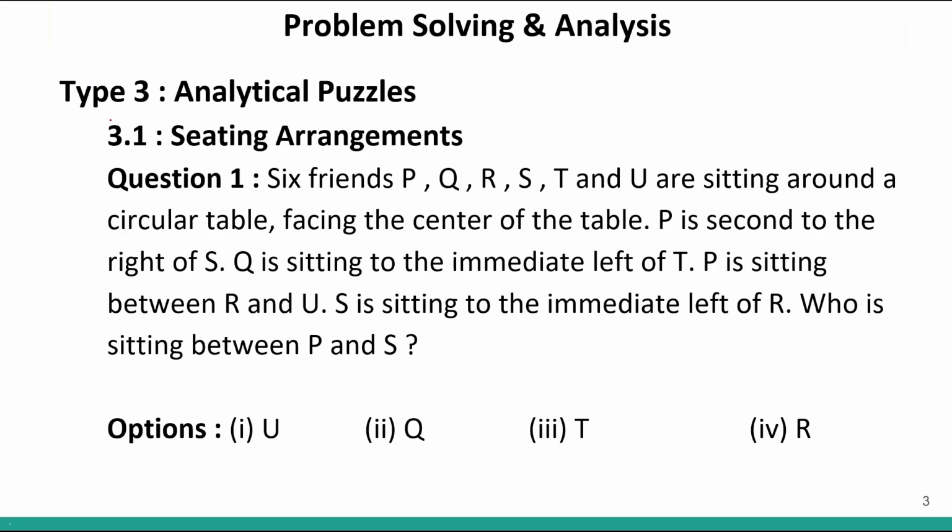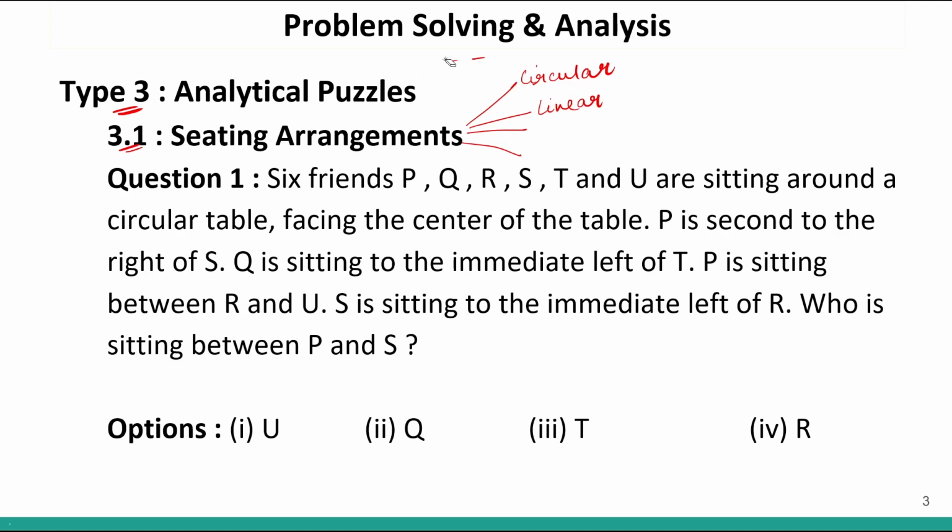Okay. So let us start with type 3, subtype 1, that is seating arrangements. In seating arrangements, I've already told you that 4 types can be formed. The first type is circular seating arrangement. That means everybody is sitting in a circle or at a circular table. They can be facing inwards, they can be facing outwards as well. Correct? Then there is linear seating arrangement. Linear seating arrangement means that everybody is sitting in a line. They can be facing north or south.